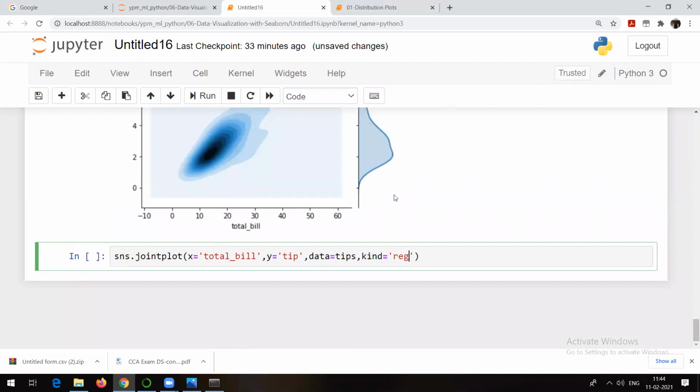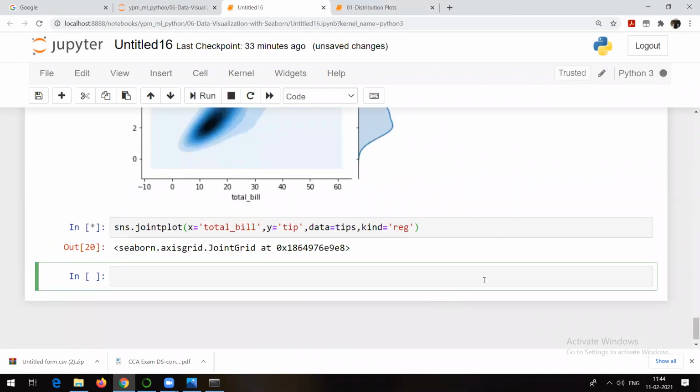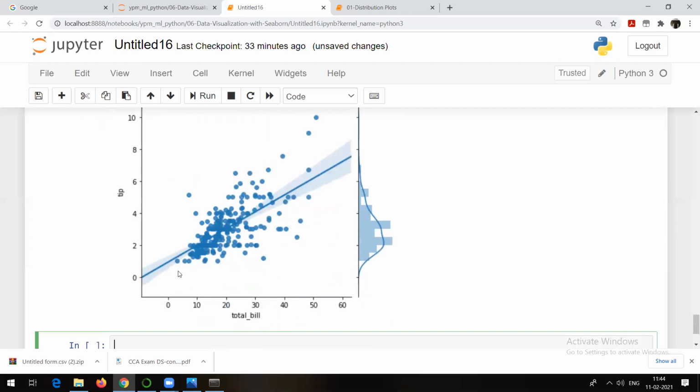Regression plot, we'll be talking about in detail when we start with the first algorithm, that is linear regression. So it is going to look something like this. This line, whatever you are able to see, you might know that this line is called the line of best fit. And this is the line which we are going to make use of in linear regression for prediction, for creating the prediction model. I am able to see this particular line because I changed the kind to regression. REG means regression.